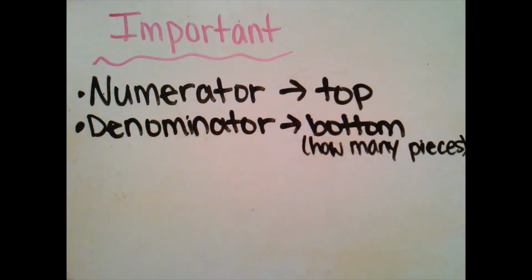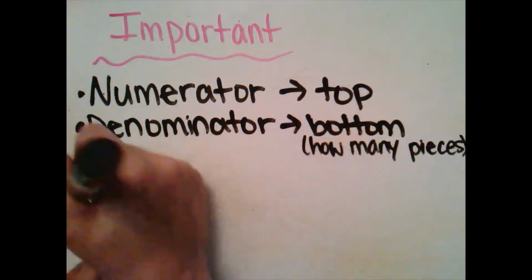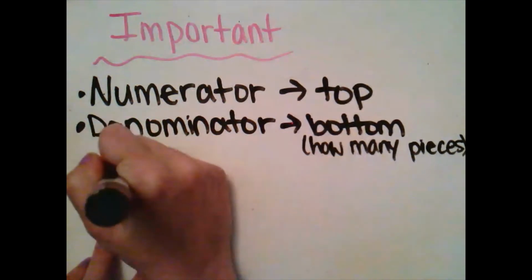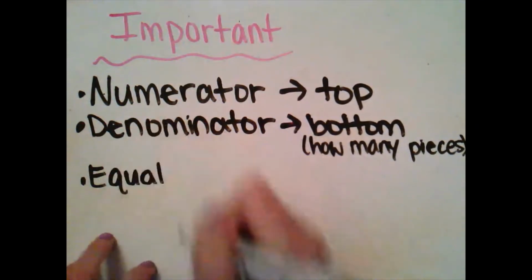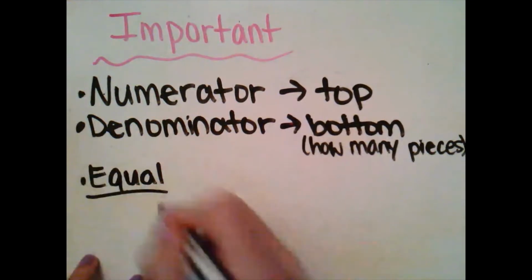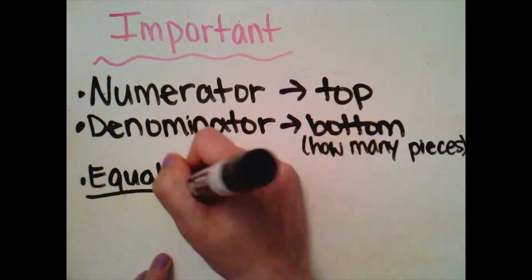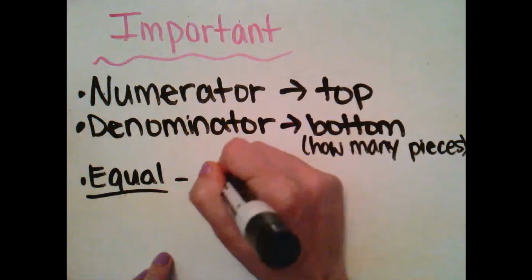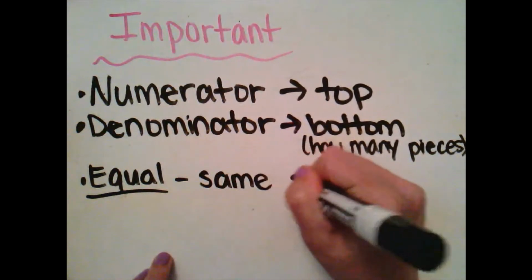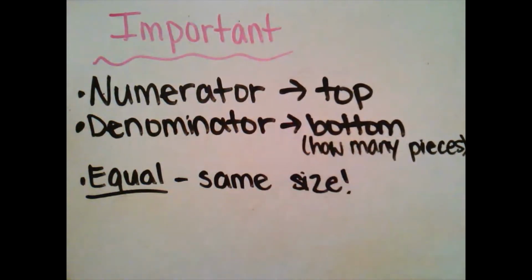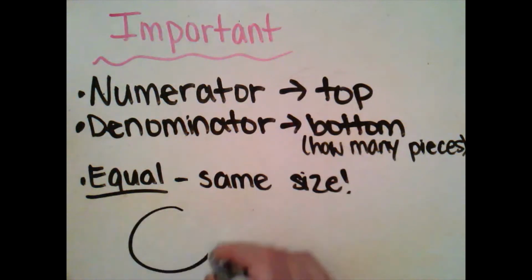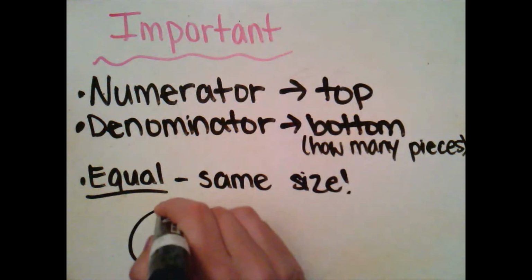Another thing that's really important to remember about fractions is if a shape is broken down into fractions, every piece is equal. That means they are the same size pieces. If the shapes are not the same size, then it is not broken down into equal fractions. You can't make a fraction if the pieces are not equal. And what I mean by that is if I have a pizza or a circle and I cut it like this,